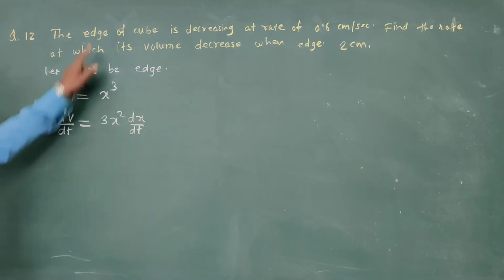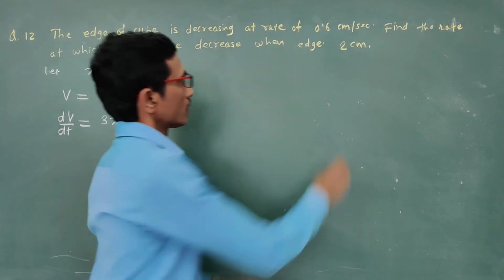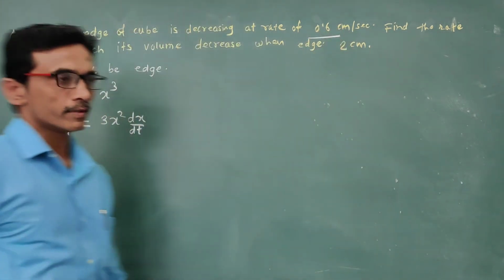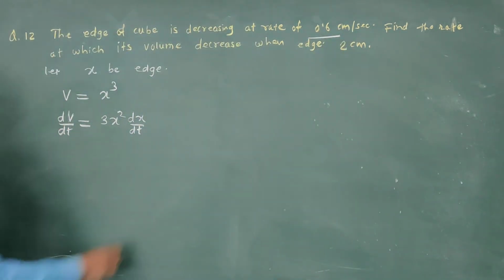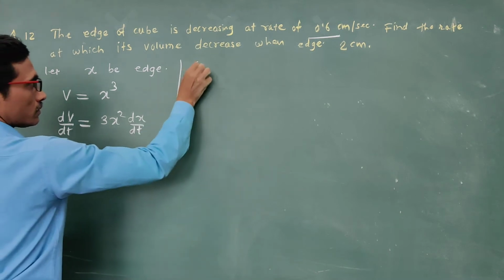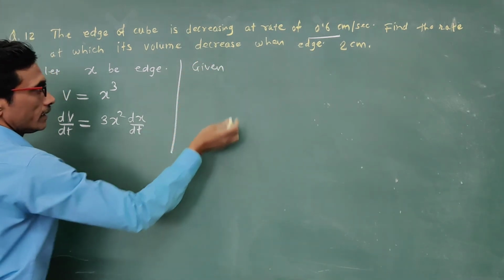What is given here? The edge of the cube is decreasing at the rate of 0.6 centimeter. So here it is given that dx by dt